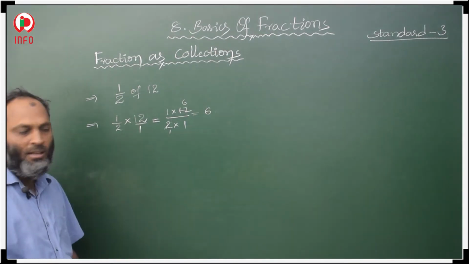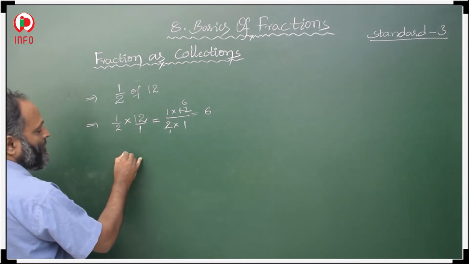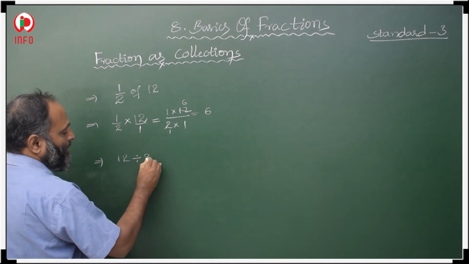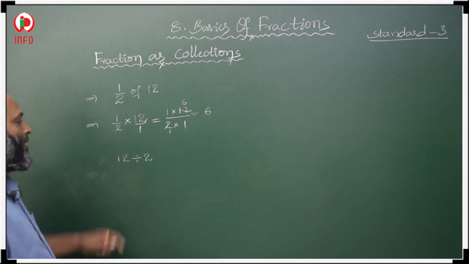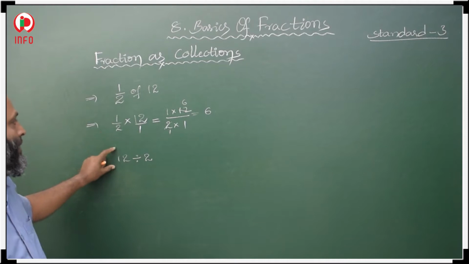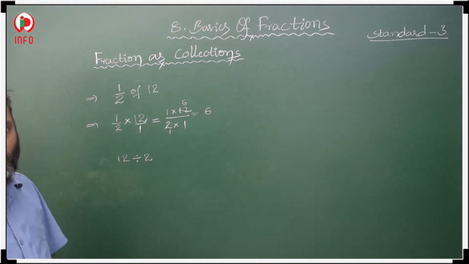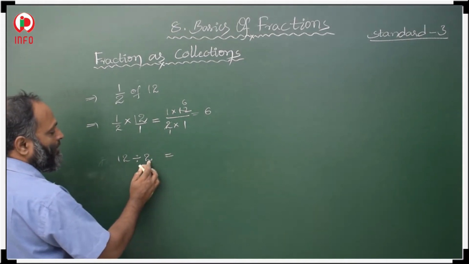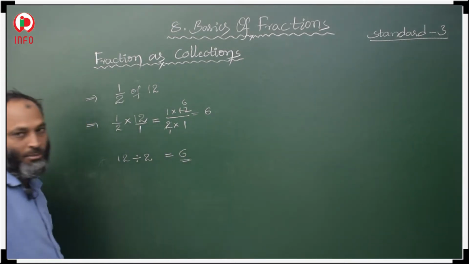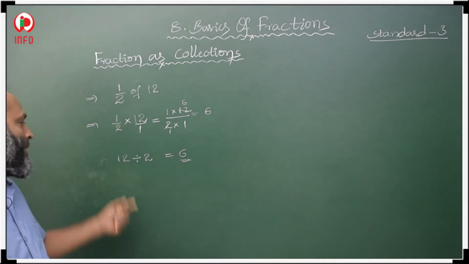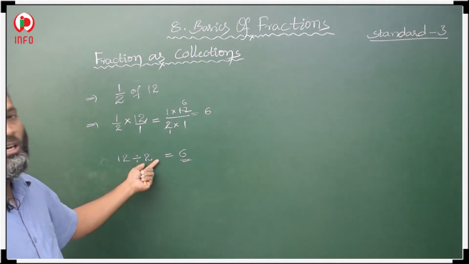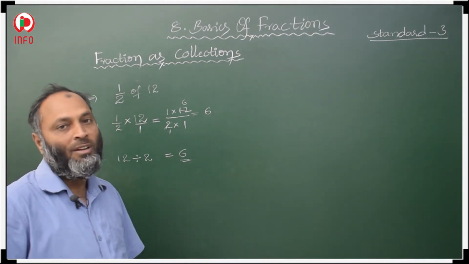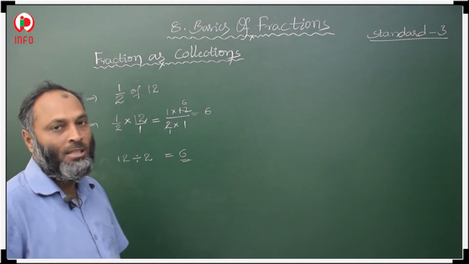Or otherwise, in short, half of means 12 divided by 2 in simple. The earlier way is the very lengthy way. So half of 12 means 12 divided by 2. Half means dividing by 2. When you get 12 in the 2 table, 2 sixes are 12. It means 6 lemons. It is in short. These 12 lemons, if you divide by 2, half means divide by 2, then you will get 6 lemons. Half of the 12 lemons is 6 lemons.